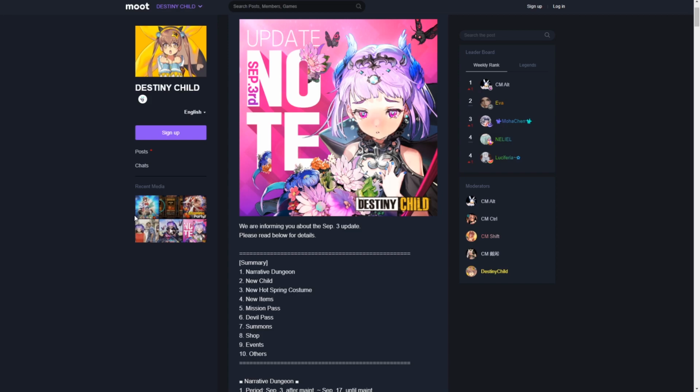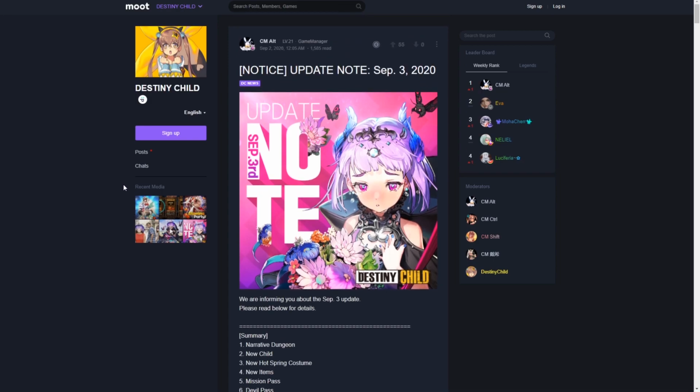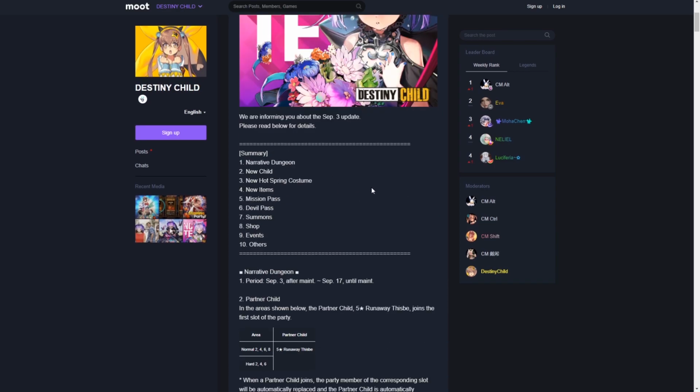And as you can see up on the screen right now, everyone, we're on the Destiny Child moot page and we're going to be overviewing the September 3rd update note, which does feature the Tisp narrative dungeon. So as you can see here, we have the graphic which features Tisp on the update note graphic, and we have a ton of summary tabs